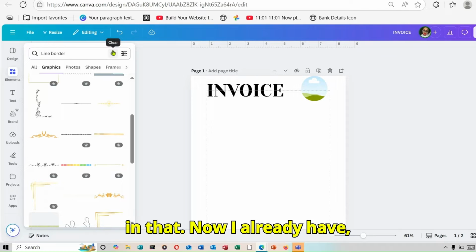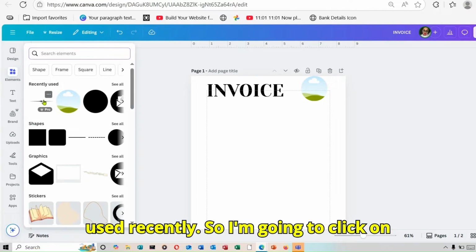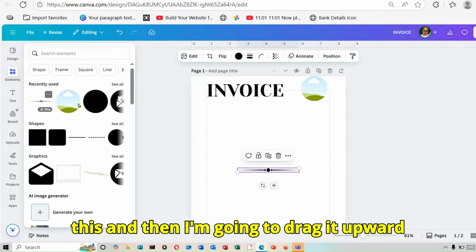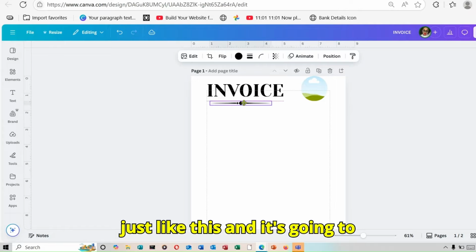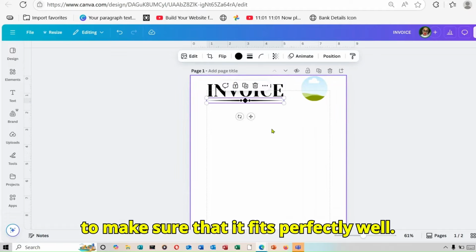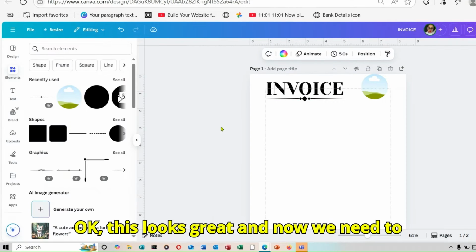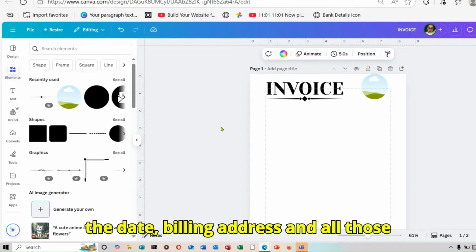Now I already have one particular border that I used recently, so I'm going to click on this, and then I'm going to drag it upward just like this, and it's going to act like an underline. So I'm just going to drag it by the corners to make sure that it fits perfectly well. Okay, this looks great, and now we need to start adding a few details, for example the date, billing address,